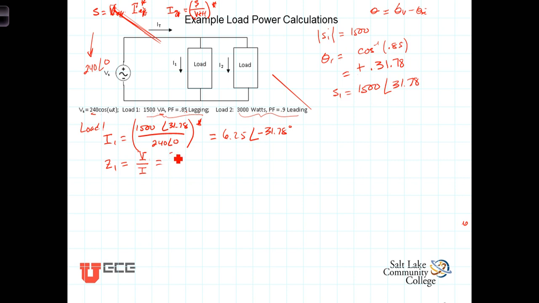We have then 240 angle 0 divided by the current, which is 6.25 angle negative 31.78 degrees, which turns out to be